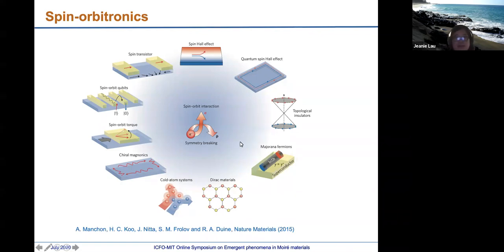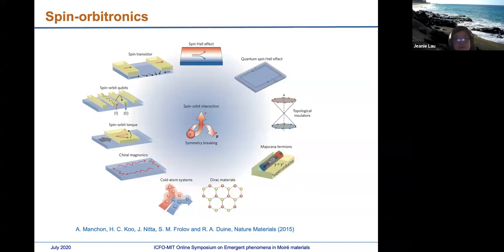So on the one hand, spin-orbit coupling is very useful and can be engineered to tailor a number of these phenomena. On the other hand, spin-orbit coupling introduces scattering, which will reduce the spin lifetime and electron lifetime. And so the question is, can we have